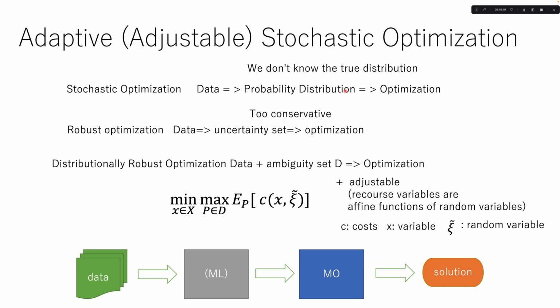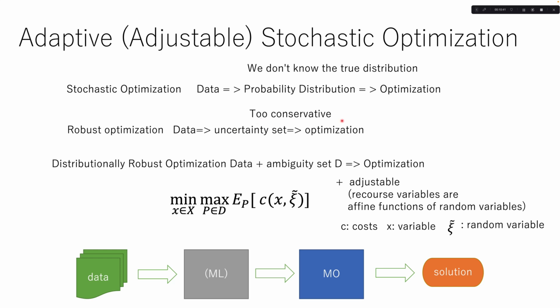There are issues with the difficulty of estimating the actual distribution, and the optimization itself can become challenging. In robust optimization, the uncertainty set of random variables is estimated based on data. Under certain assumptions, optimization becomes relatively easy, but since the worst-case scenario within the uncertainty set is considered, the solution